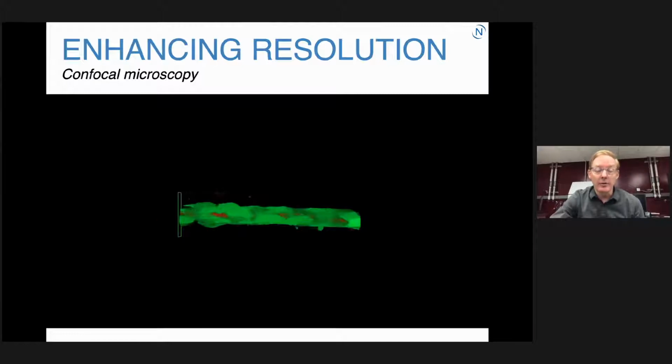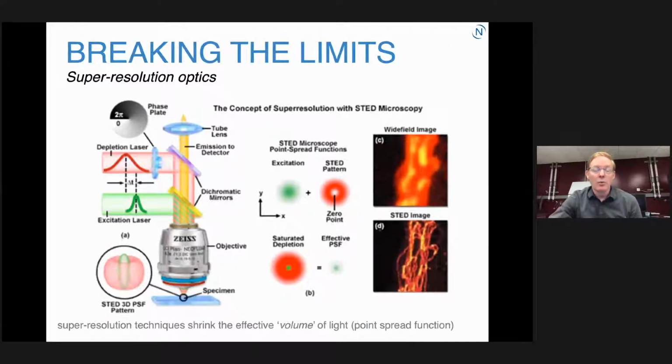Now, we've gone further than this nowadays. One of the sort of most recent breakthroughs resulted in a Nobel Prize in chemistry just a few years back. And they broke down a traditional law that was considered basically the diffraction limit, which said that the wavelength of the light, the size of the light that you're using, determines the resolution. And I don't have time to get into the details here, but basically this